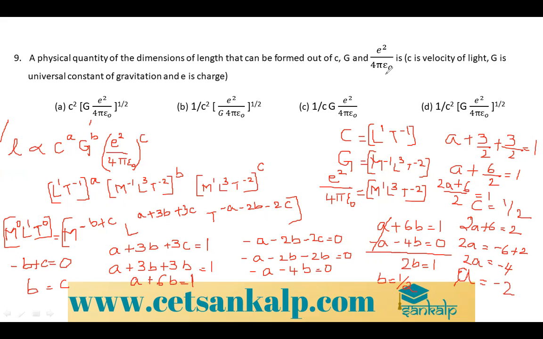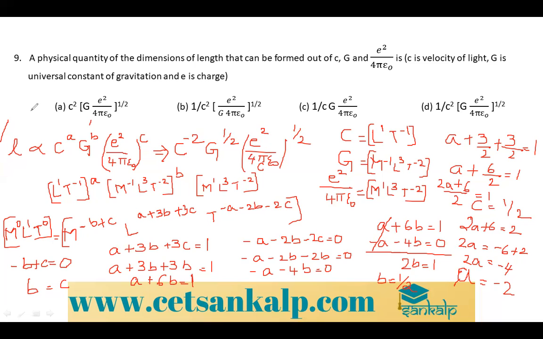Now we have got the values of a, b, c. Now substitute them into this equation. Which equation? So here it is, look at this equation. Okay, so what happened is c to the power minus 2, g to the power 1 by 2, e square divided by 4 pi epsilon naught, the whole to the power 1 by 2. So this can be written as